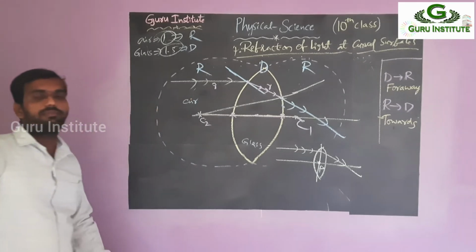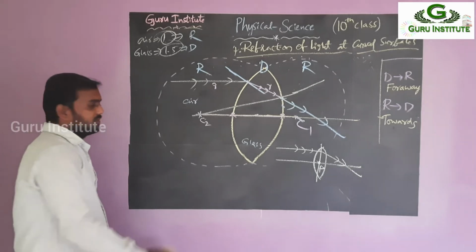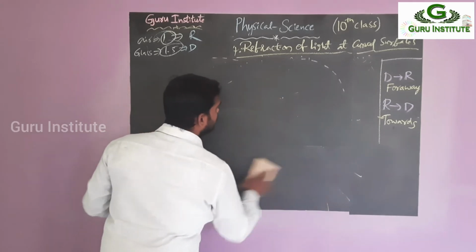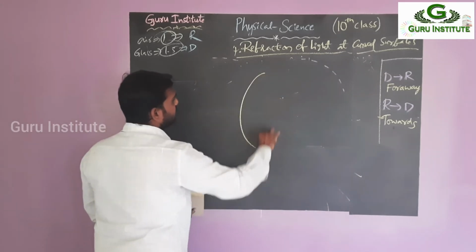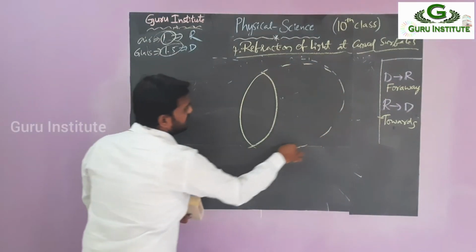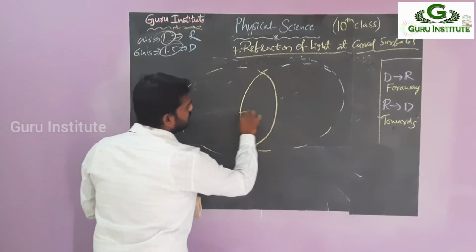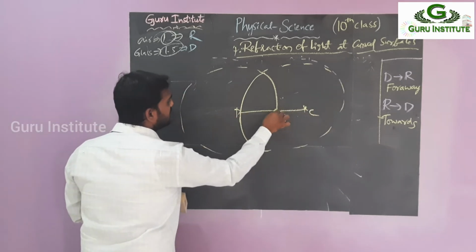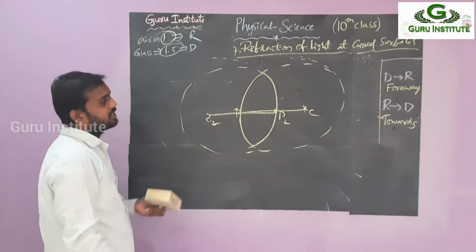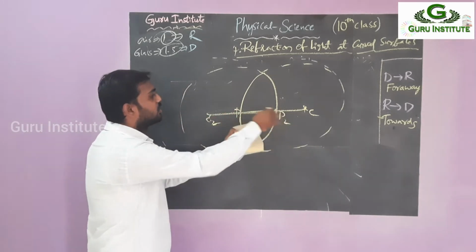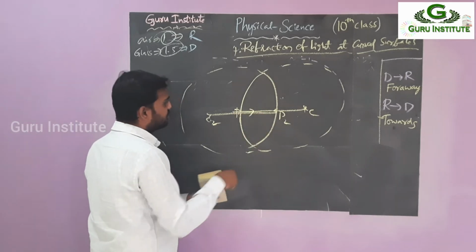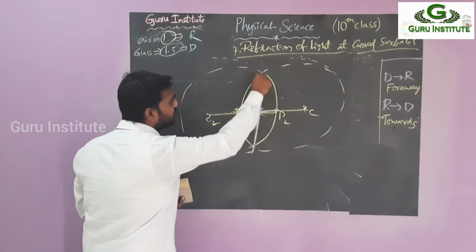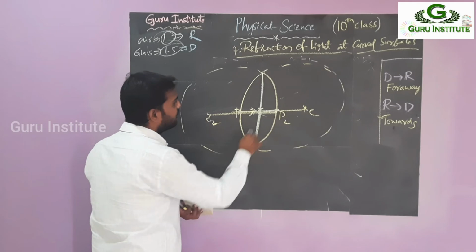So just observe this one. For our convenience, we are drawing like this. If you extend like this, this is the center of curvature. This is pole 1, then this is pole 2 and this is the center of curvature. But there are not really two poles. We have to measure the two poles. This one is moving here and this one moving here. First one moving here, second one moving here. At the mid value, we have to take the value. So here we have to take one of the poles.